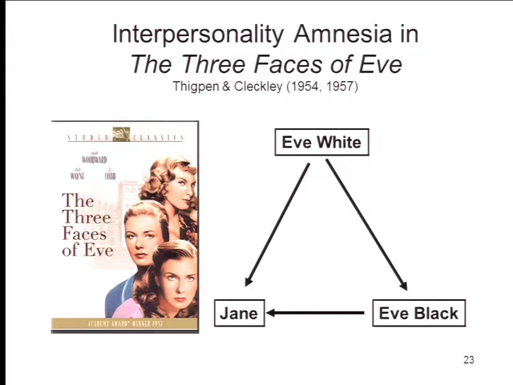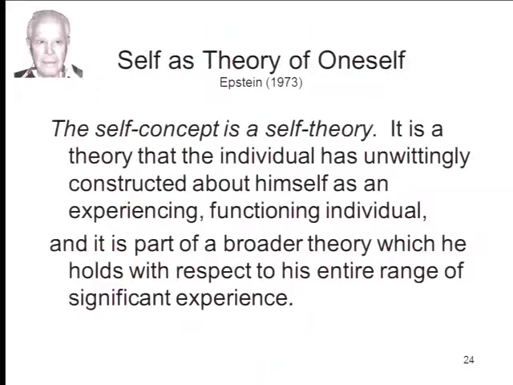Okay, self is proper set. That's one view of the self concept. Self is prototype. That's a second view. Self is exemplars. That's the third view. We've got a fourth view of category structure that's beginning to emerge in cognitive psychology, and that is that we represent concepts not as lists of features at all, but rather as theories about the domain that they represent. You have a theory about birds that helps you identify things as a bird. You have a theory about storms that helps you identify things as storms, or whatever.